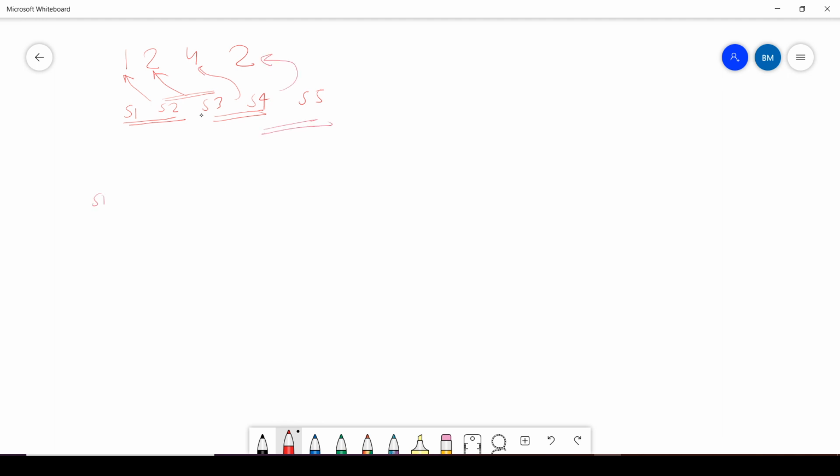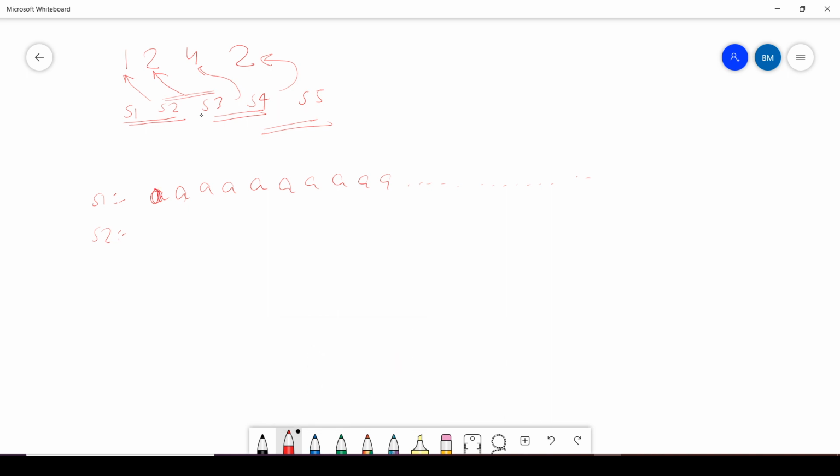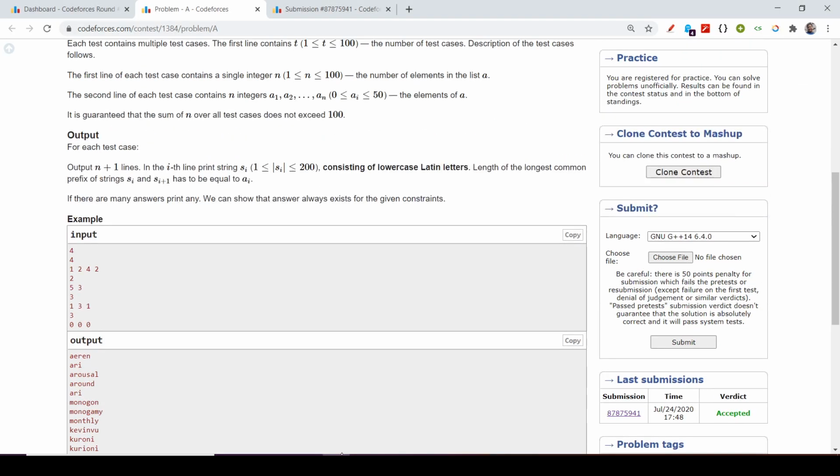So if I build my string myself, let me mark every letter of this string as A. Now you might ask how long the string should be.